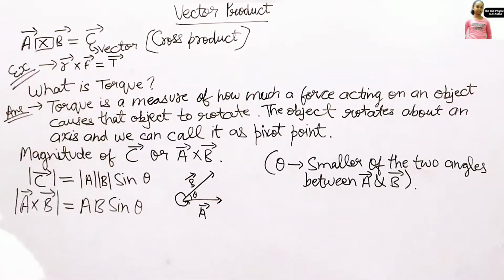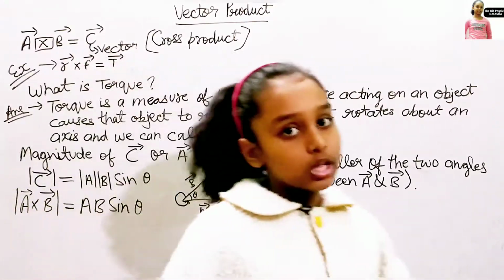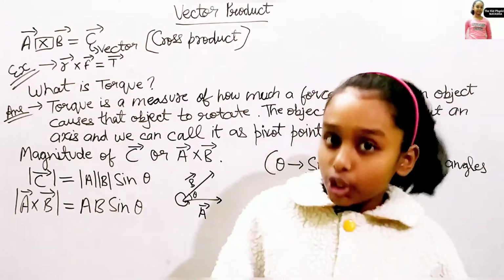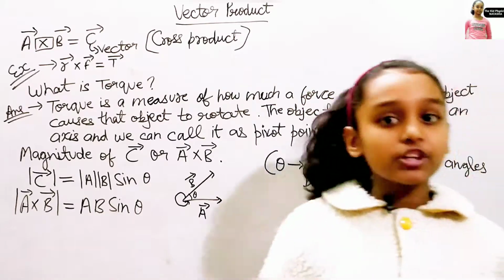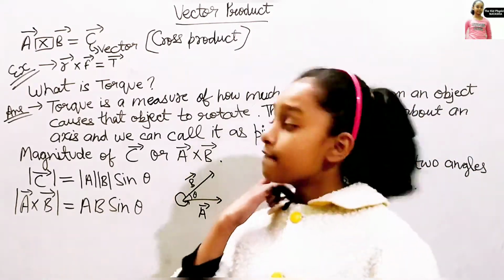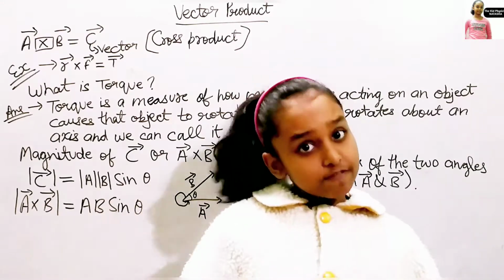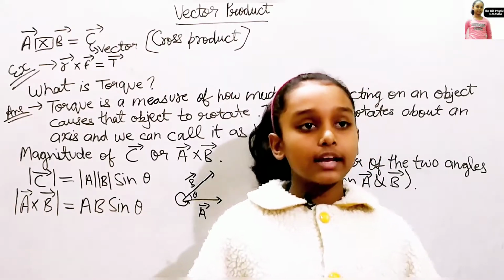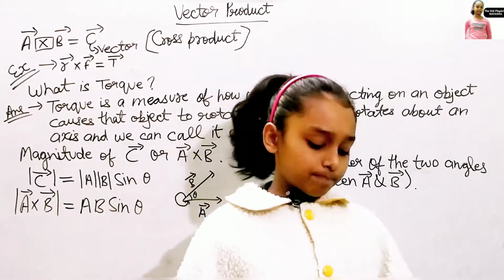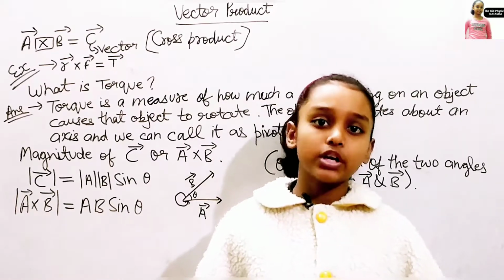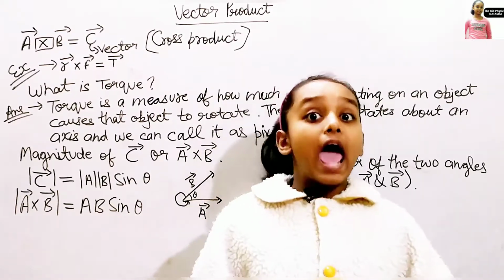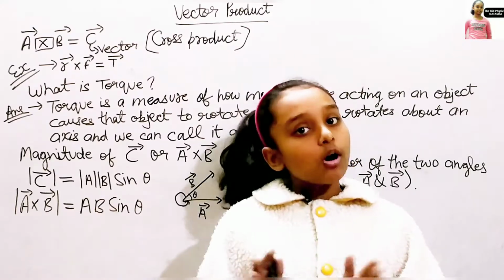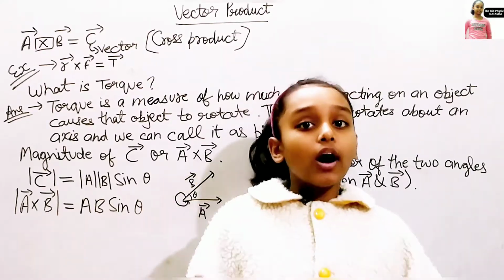Yeah. So I hope you all have understood today's topic. Torque was a really important topic that we should know. That's all for today, and in another video we are going to find the direction of cross product through some rules. First one is the right hand thumb rule, and second one is the screw rule. I will tell you these rules in another video, and then we will continue our vector product topic. Vector product topic is not yet finished.